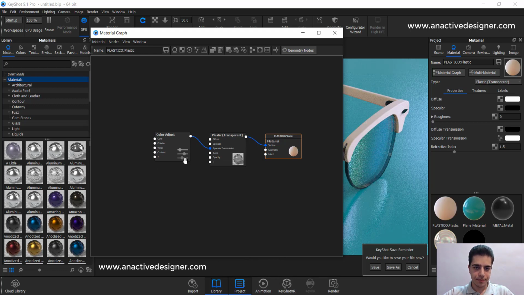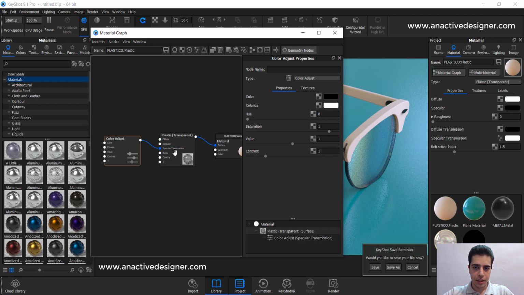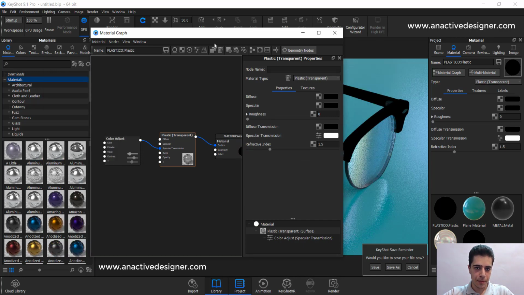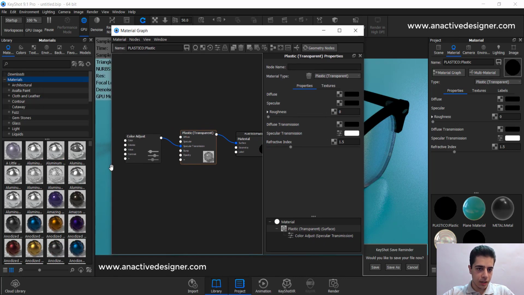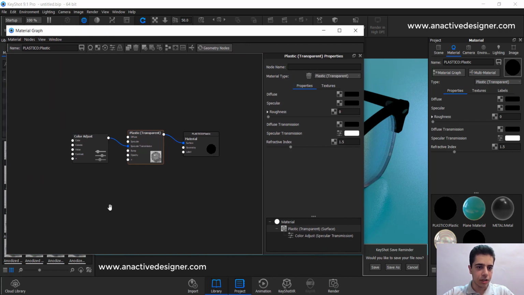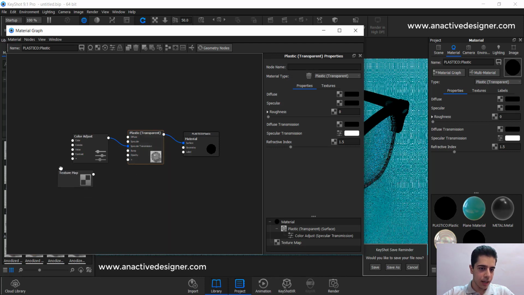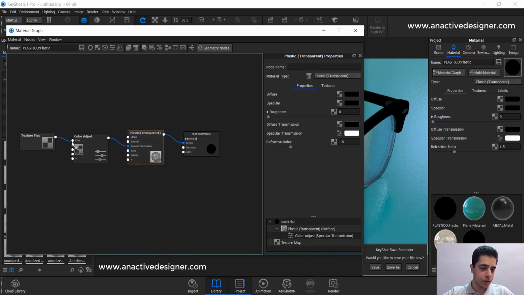transmission. Now double click on it and double click on your plastic transparent and change it to black. Now let me change here. Okay, now again right click here and for texture import a texture map and connect it or switch it to